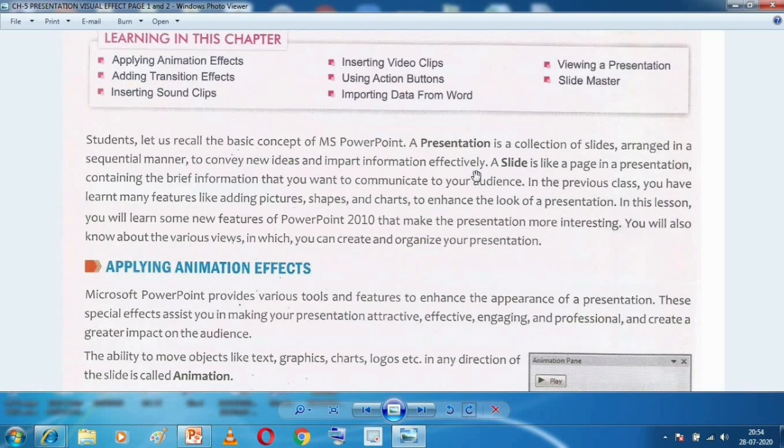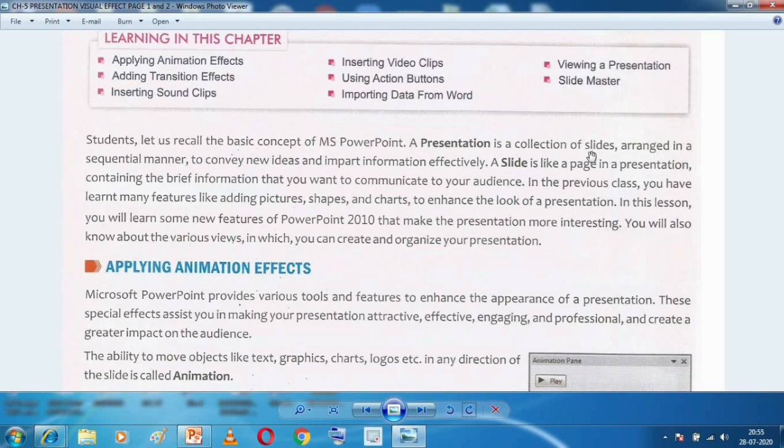It simply means that if you want to give information to something, or teach somebody something, a presentation will be a very effective way, because a presentation is a collection of slides.